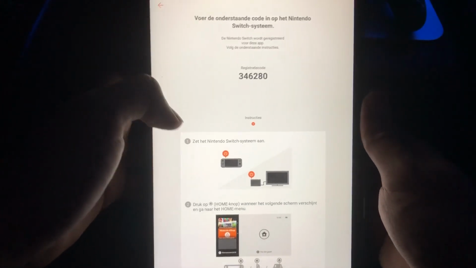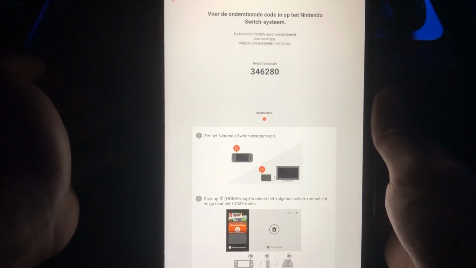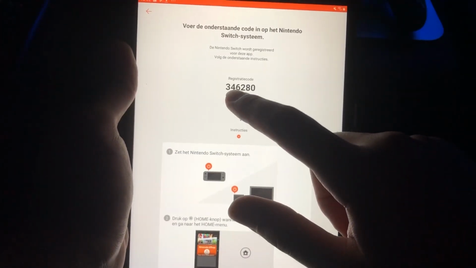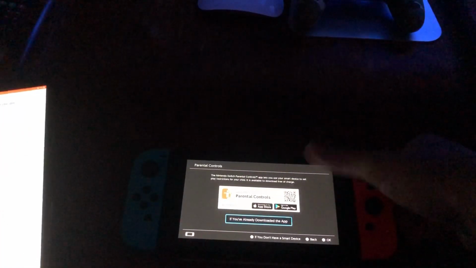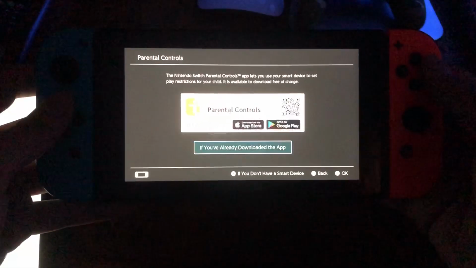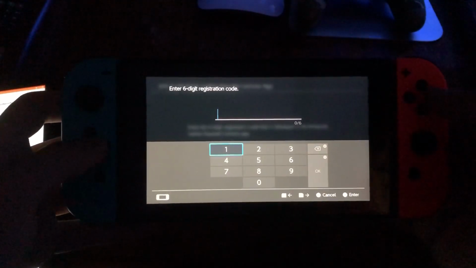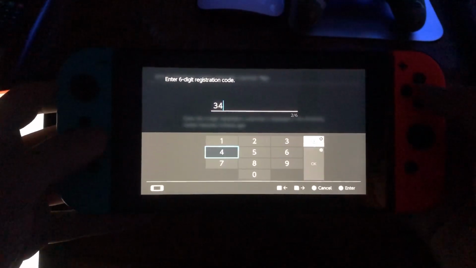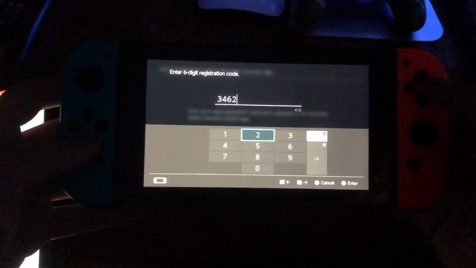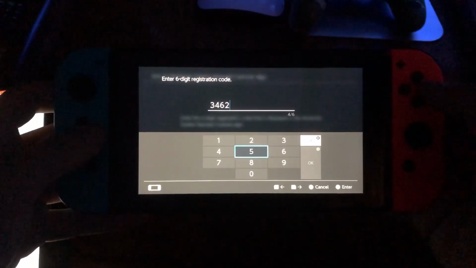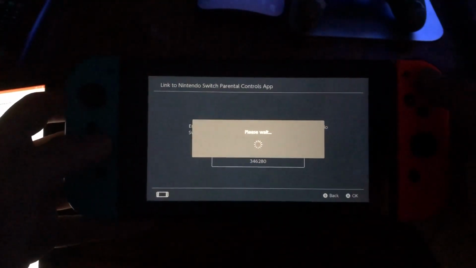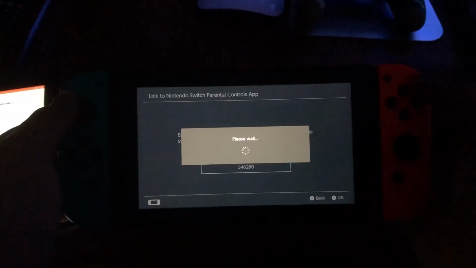And by the way guys, you don't have to worry, mine is a little bit in a different language, but it's all the same. So now you will get this registration code, and what you want to do is just enter that. So I'm gonna enter that right now. Like this, press on start, and then it will just set up.